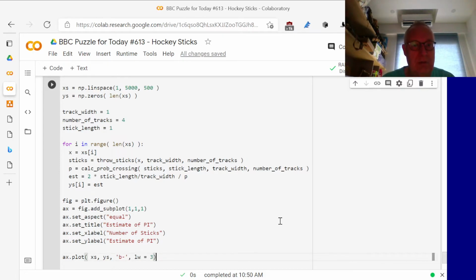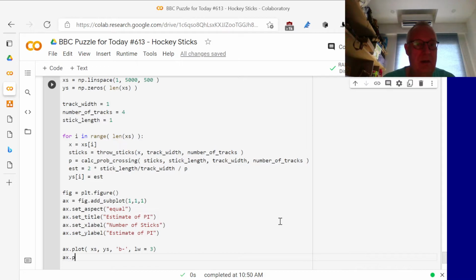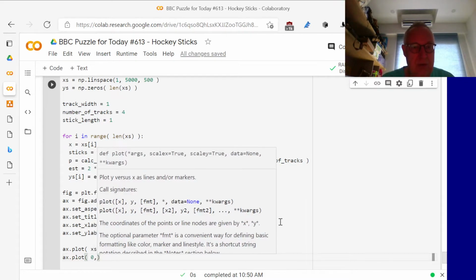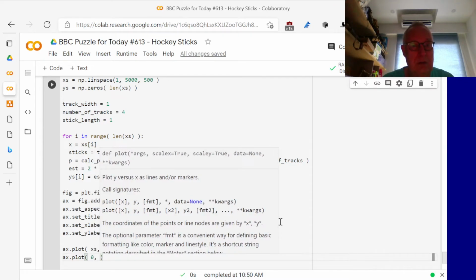Now it's equals to 3. And then I also want to plot 0 to